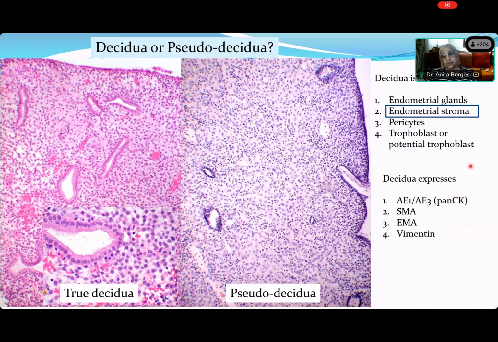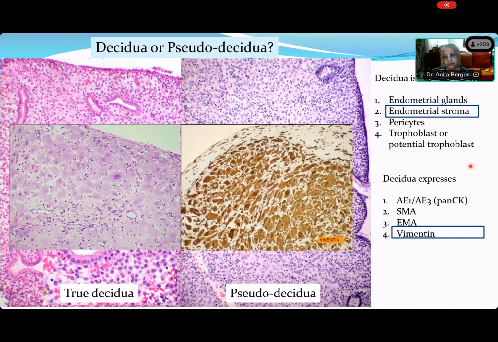Why is it not smooth muscle actin? Let me ask you, Julian, we have seen so many things. Smooth muscle actin would have been present in what? We've seen glands, we have seen stroma, we have seen different structures that are present in the stroma. So where would you expect to see smooth muscle actin? Julian, you're right. It is vimentin. Yes, where? In the myometrium. So far, I haven't shown you any myometrium, have I? No. So where would you expect to see smooth muscle actin? This is decidua. This is beautiful decidua here, and this is vimentin.